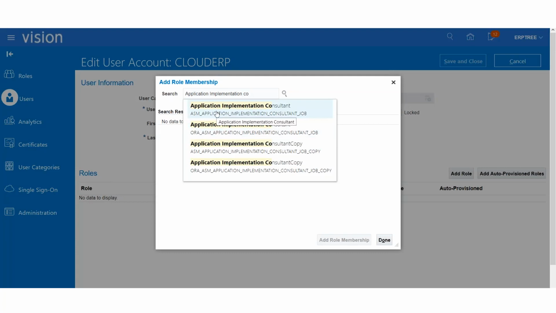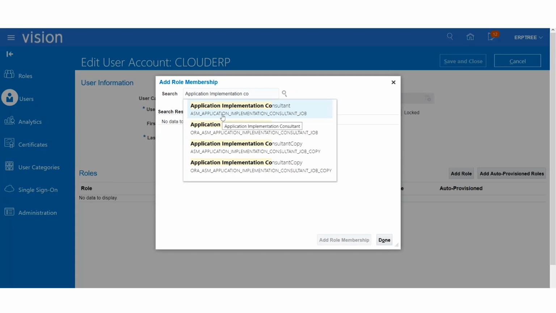You can go and directly do some modification to this role. You can add some additional privileges to this role. I mean, you can add some additional duty roles into that, or delete a few duty roles from that role, or add some privileges directly, or delete a few privileges. Those you can directly do against the first role, but the second role Oracle won't allow. So that's what you have to understand. If any role code is starting with ORA, that role cannot be modified. This role can be modified, but Oracle recommends that whatever Oracle is providing, don't do any modifications. They are not recommending modifications to the roles which they provide as seeded.